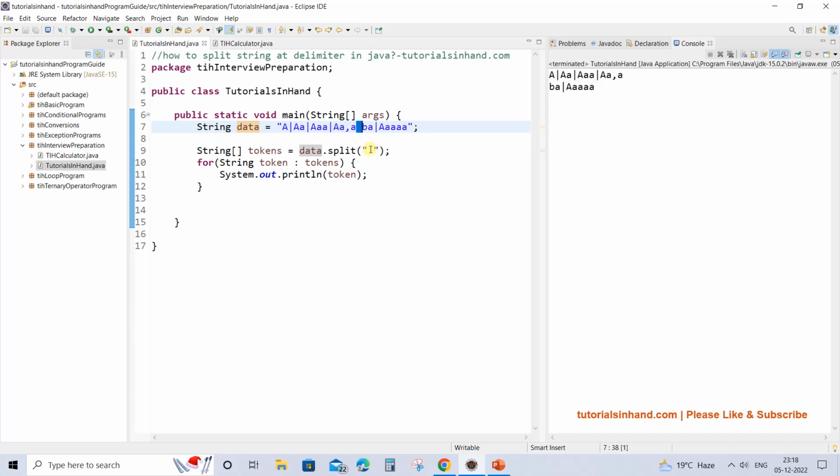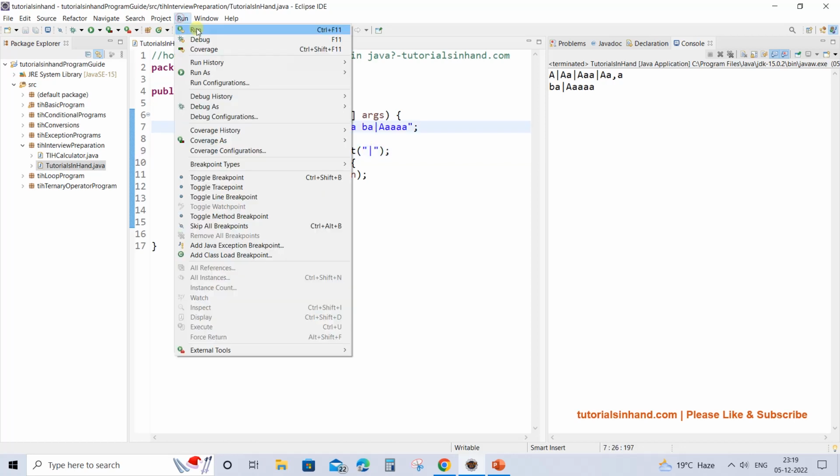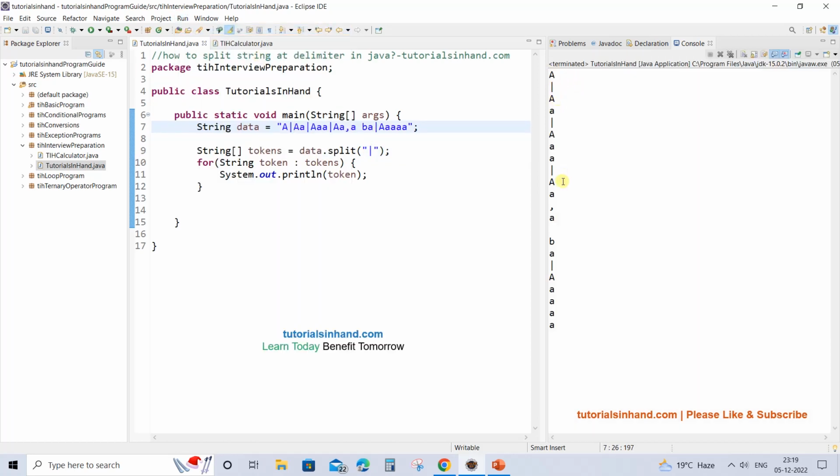Now we have split the string on white space. Next we need to split this on pipe. This is something you will find in the projects you are working on. You may be required to break on any delimiter. In that case, if you have a special character and you just apply the pipe, it will not break on pipe. Let's check. See, it is not working.